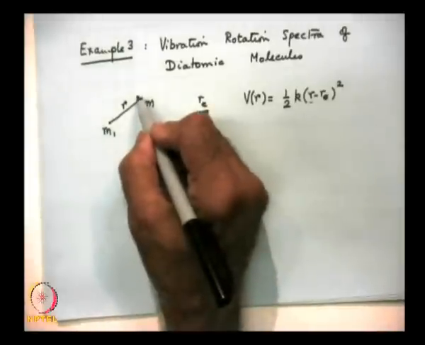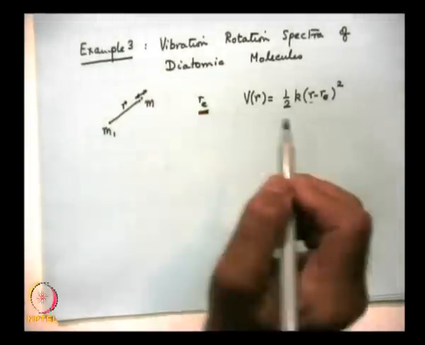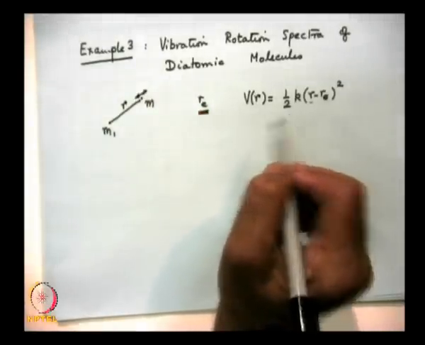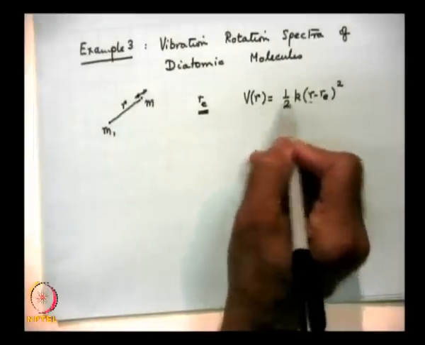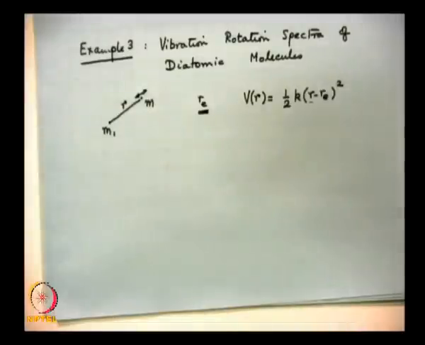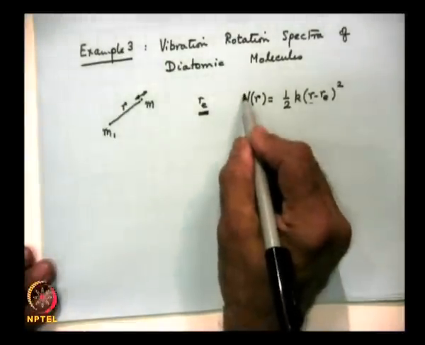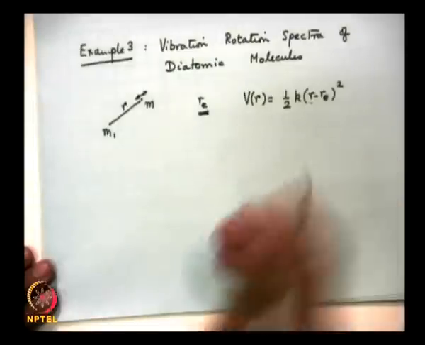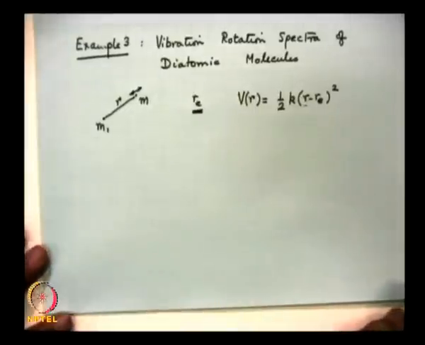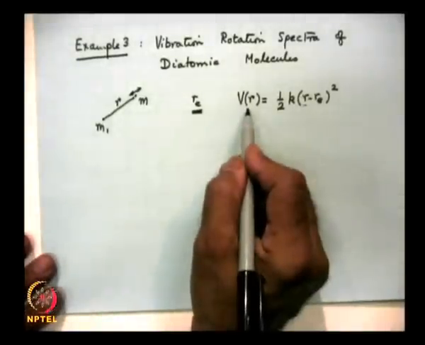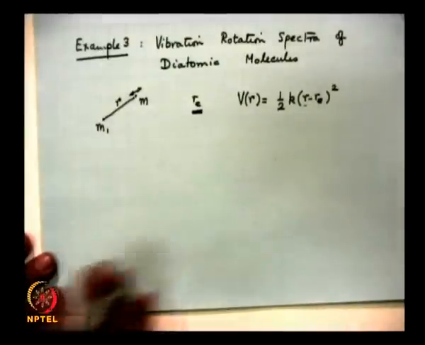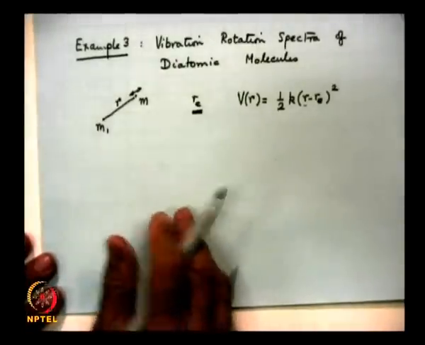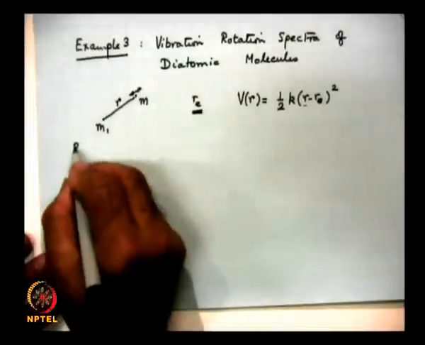If you displace it one way or the other, then it will lead to a restoring force, and the corresponding potential energy distribution is given by this. Since the potential energy distribution is assumed to depend only on the distance between the two particles, once again the two particle problem can be reduced to a one particle problem, and the radial part of the Schrodinger equation